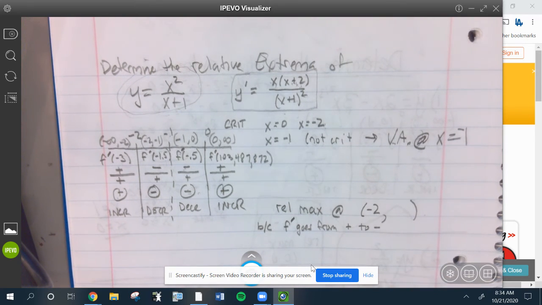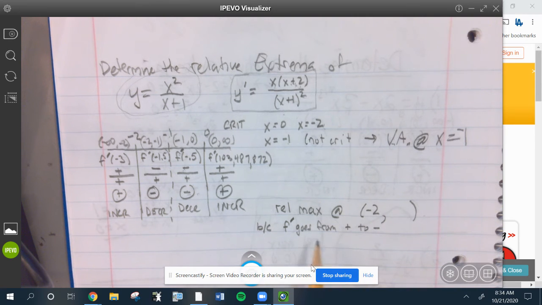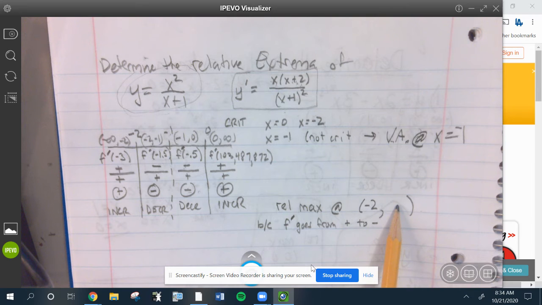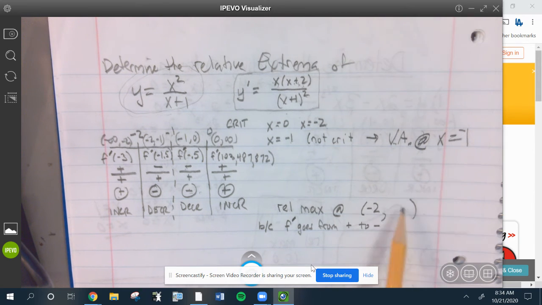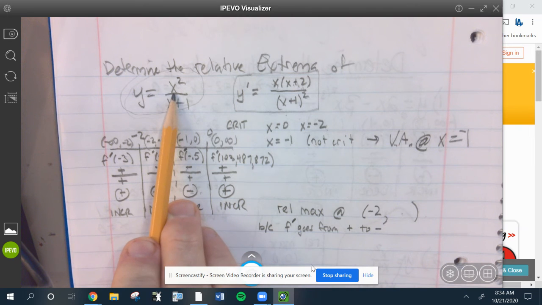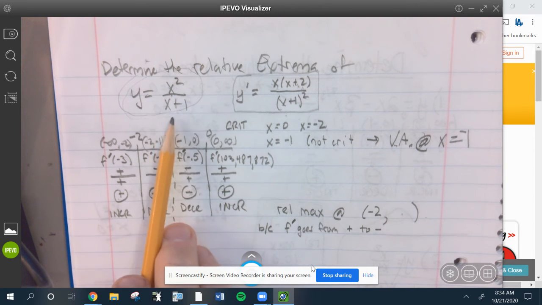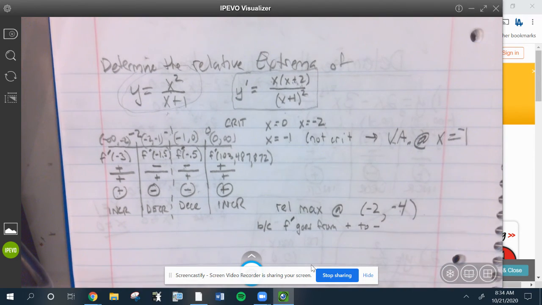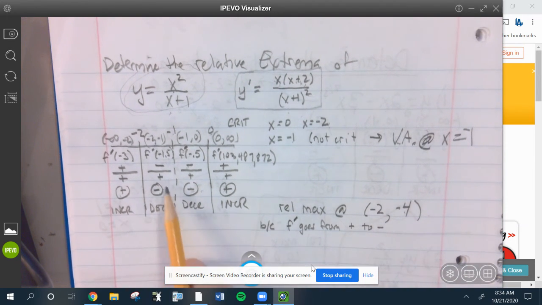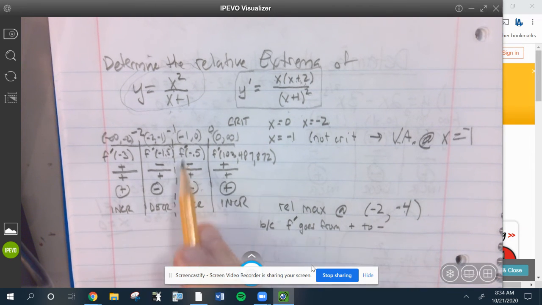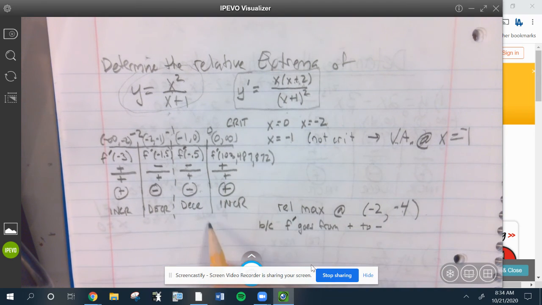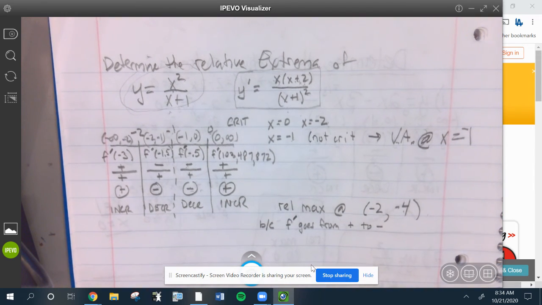Don't say because the graph goes from increasing to decreasing, you won't get points for that. So anyhow, I still need this y coordinate. So if you plug negative 2 into, again, the original function, you will get positive 4 over negative 1. Decreasing here, it doesn't really matter because it's an asymptote. It won't be a relative extrema. At this critical number, it goes from decreasing to increasing. So we have a relative